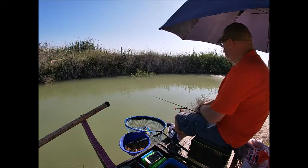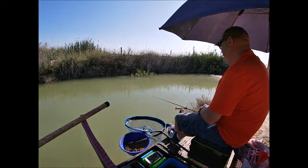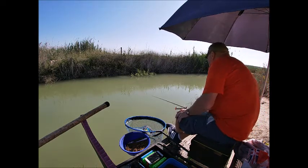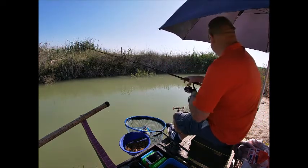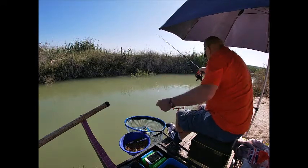I just hooked a big fish about 5 minutes ago, which took me straight in those reeds over there, and it came off. It didn't break, it just came off. See, a lot of fish messing about with it. That's had the pellet, so